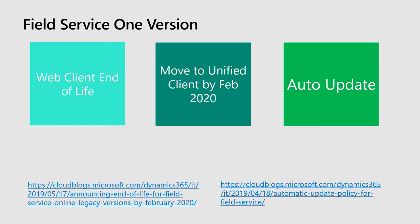If you're familiar with version numbers, prior to the current version of field service is an 8X solution. And that's built on our new unified client or unified interface. That's the platform of investment going forward. That's where we're making all of our investment in field service. We still have a bunch of customers who are on